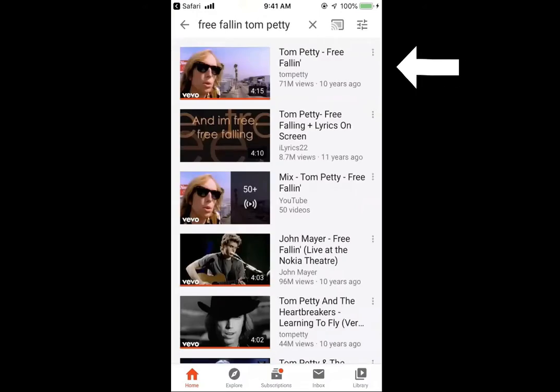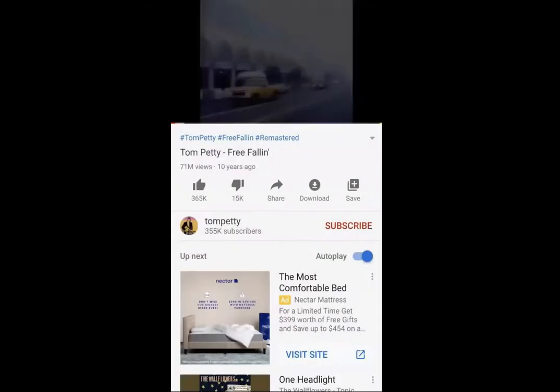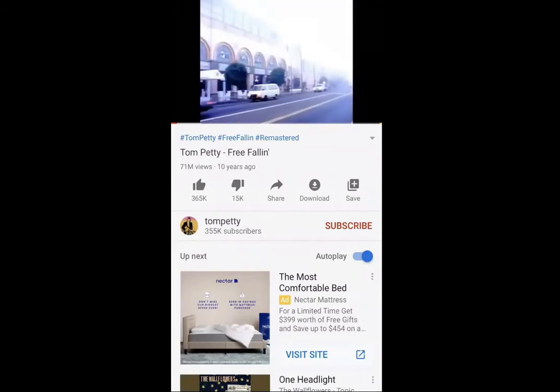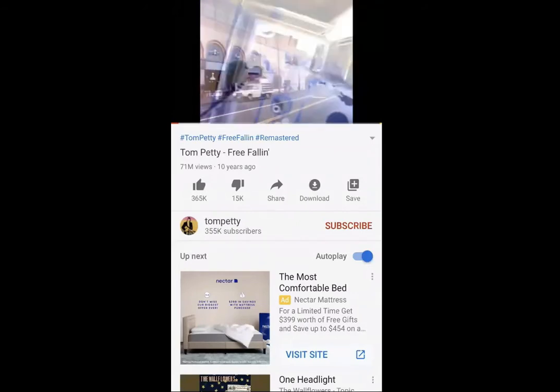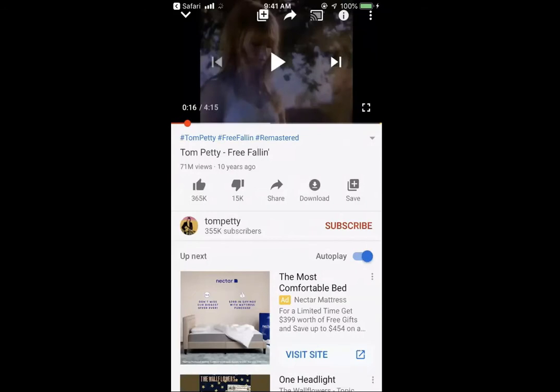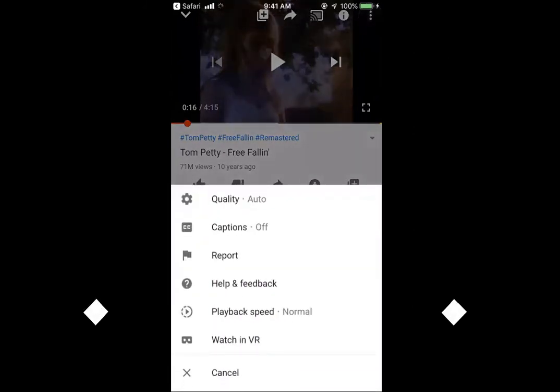Click on the video result you would like to listen to, and listen to the song playback at its normal speed. Pause the song. In the upper right-hand corner of the screen, look for the three dots. Click on the three dots, and a menu will appear. Click on Playback Speed,